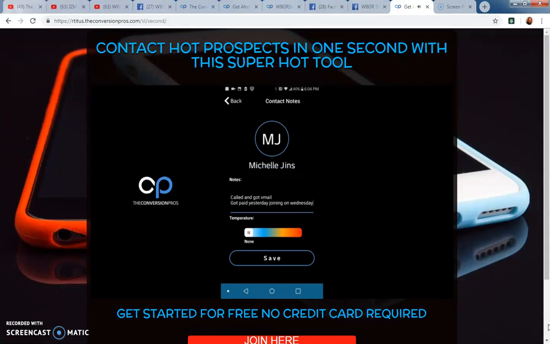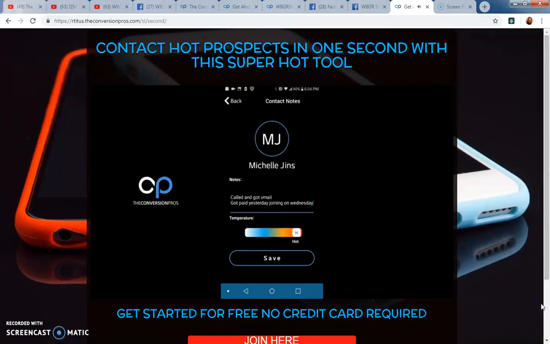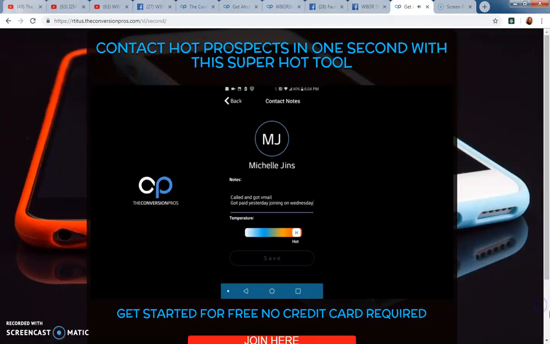Now, under that, there's a temperature gauge. You see none, you see cold, you see warm, and you see hot. Well, because this gal's going to join on Wednesday, I'm going to make her hot, and I'm going to save that